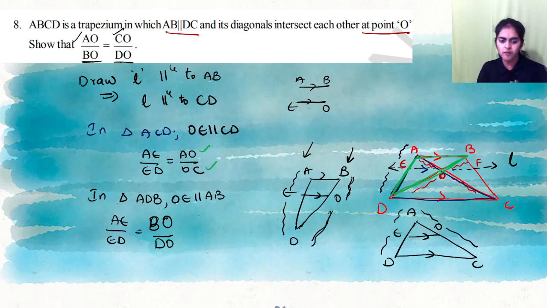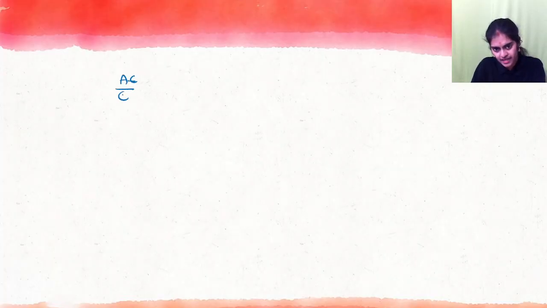Okay, so my point is, now I got 4. I got AO, I got BO, I got OC, I got OD. So all 4 I got. Now what to do? I got all the 4, but they are not together. So let's see how can we do now. So I'll just write what I got. I got AE by ED. AE by ED is equal to